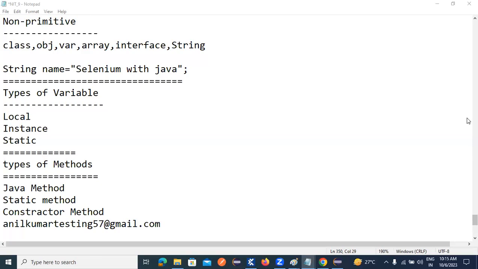Very good. Static. Non-static. We directly use the class. Okay, what is the difference between the arguments? If you want to pass the parameters,